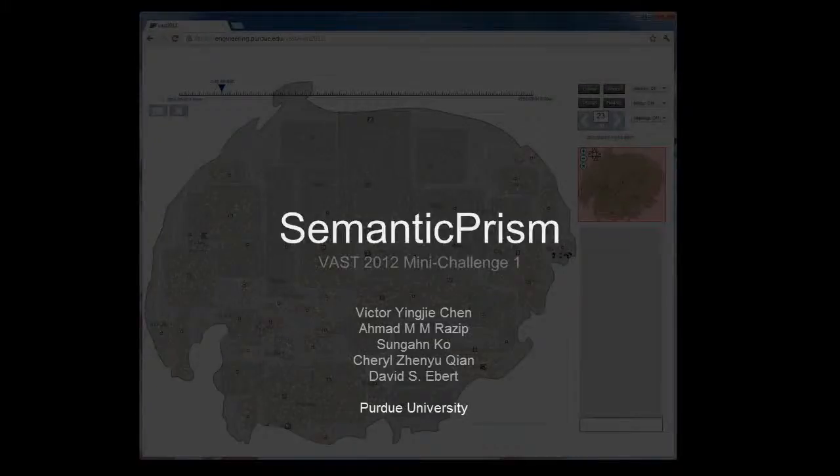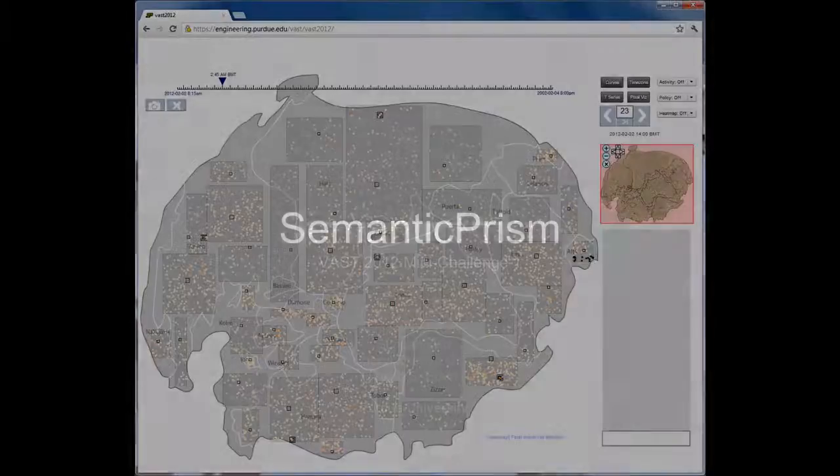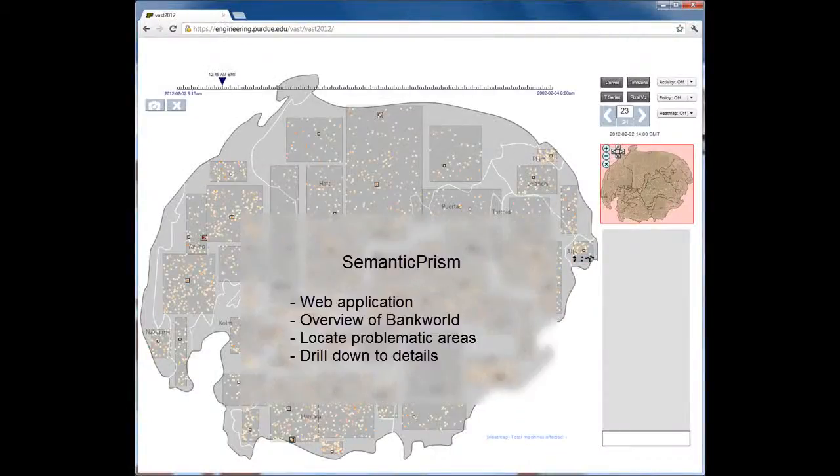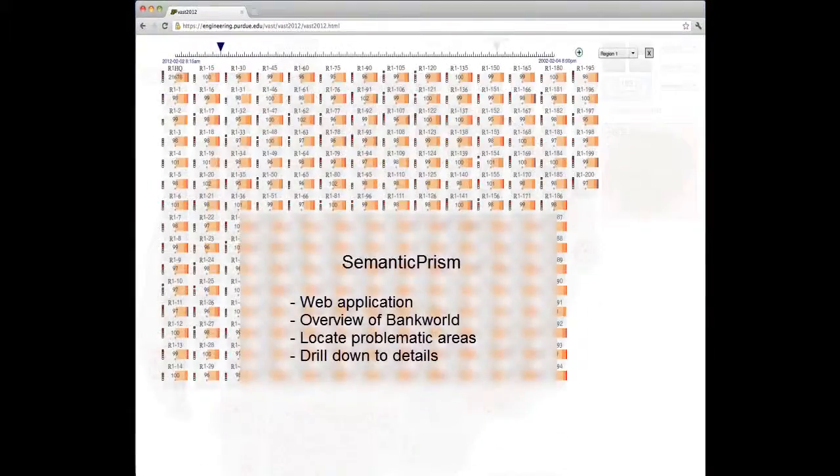Here, we introduce the visual analytics system Semantic Prism, aimed to visualize computer health status in a global organization. Semantic Prism is a web application built using Adobe Flash that can run on almost any web browser. Semantic Prism enables users to get an overview of the whole world, locate problematic areas, and drill down to investigate